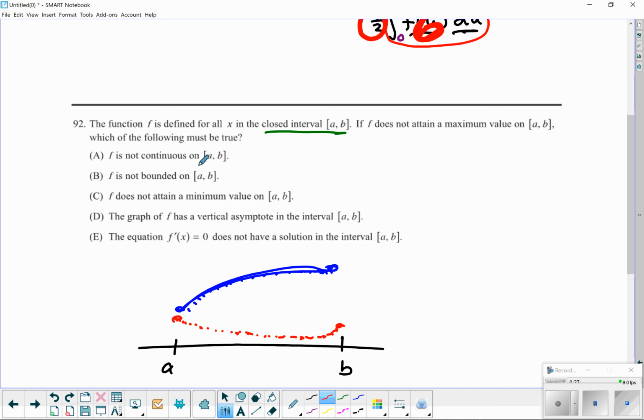Well, for me, I'm thinking it should be continuous because if it's closed, then that means that it's continuous, right? But a little part does say that it does not attain a maximum value on A to B. So that means that it can't actually do that. It doesn't have a maximum value. Now, if it's continuous like that and it doesn't attain a maximum value, then that means between A and B,